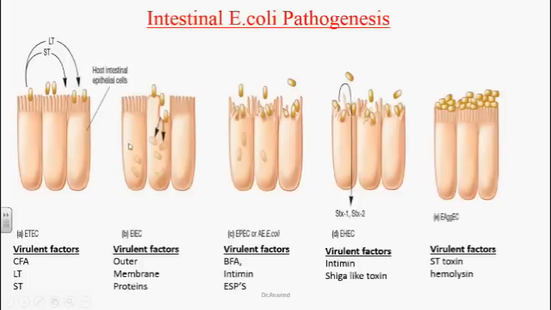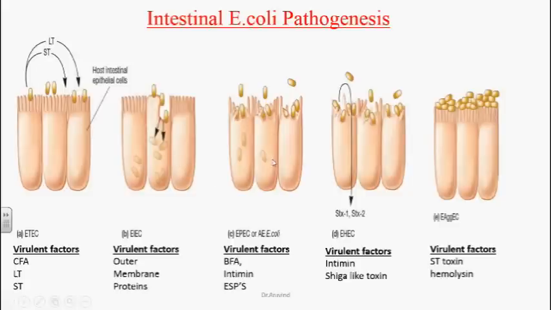You can see it in enteroinvasive E. coli, whereas enterotoxigenic E. coli always causes non-inflammatory diarrhea. That means you can't see any fever, we can only see watery diarrhea. Whereas in invasive E. coli, we can see bleeding, pus in the stools and mucus in the stools, because they are invasive in nature, but we don't know the exact virulent factors, and we don't know the exact mechanism of how they cause the infection.